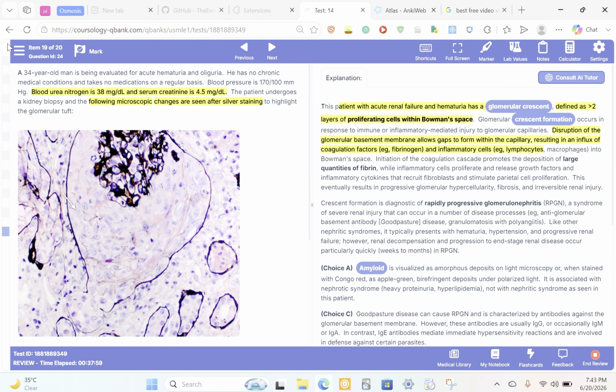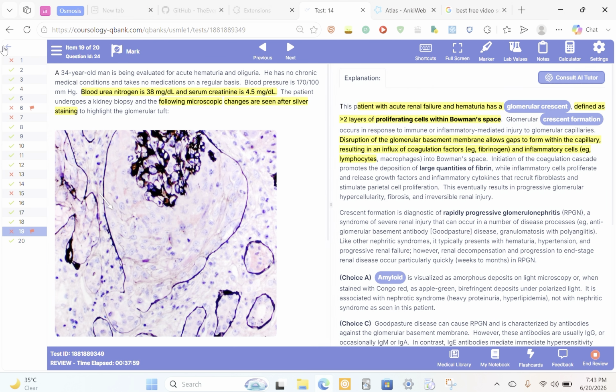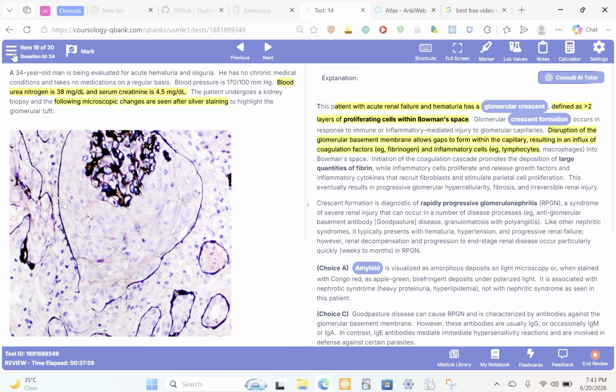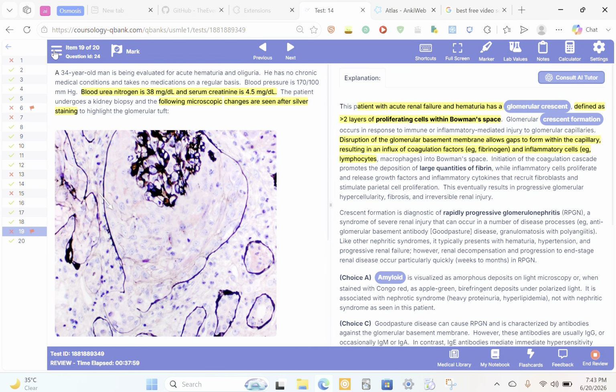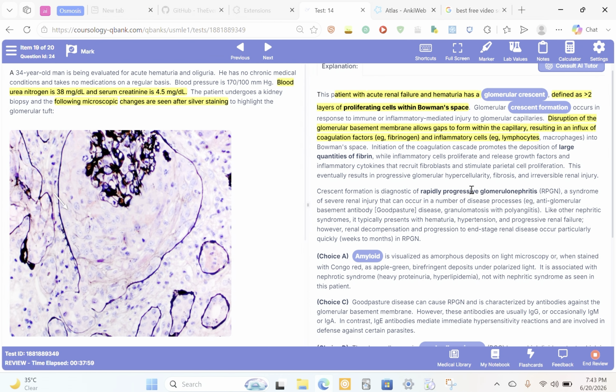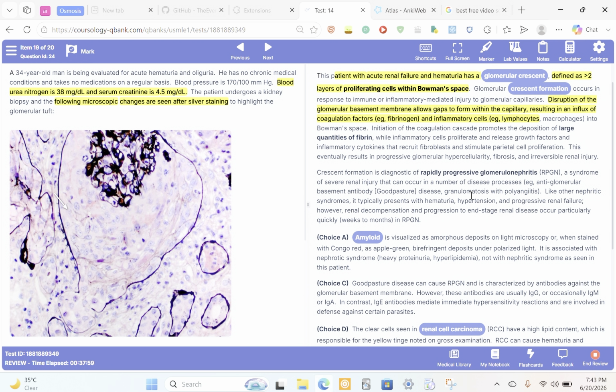So I found an app, an extension for Coursology. It was for the UWorld, but I have modified it for the Coursology. So how it works is it basically links itself to the AnKing deck, and you can open the